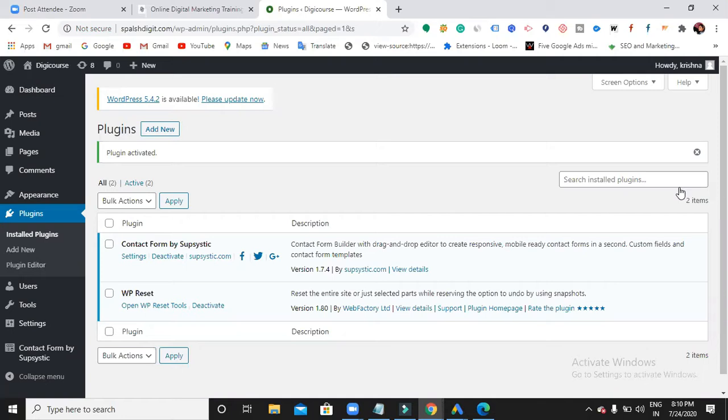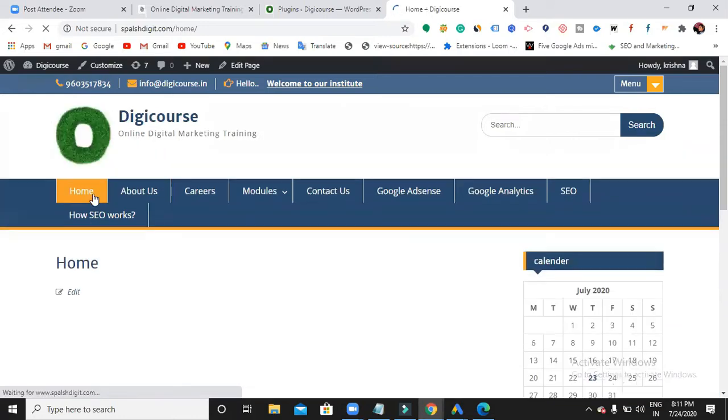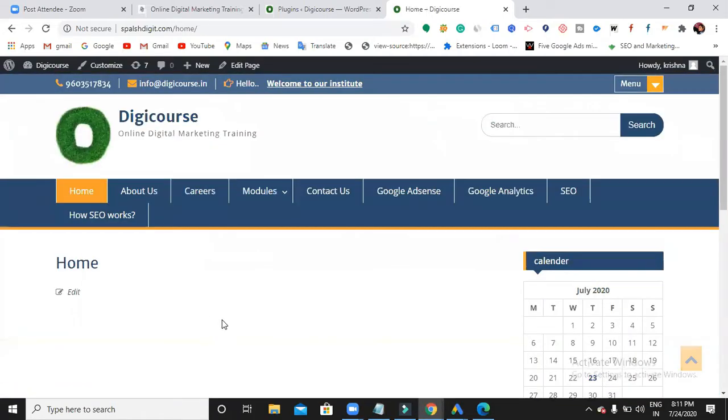Where you can, if you want any premium themes and all, there itself you can purchase. So now I have installed this contact form by Supsystic. So this is the contact form. Now tell me where it will be. Home page. Okay, home page. Someone is saying home page. Okay. Where I have installed, right? I think again we need to add, like blogs. You have to assign the page.